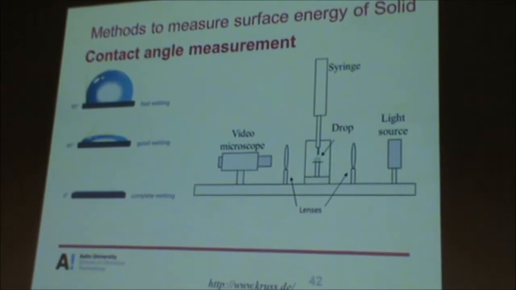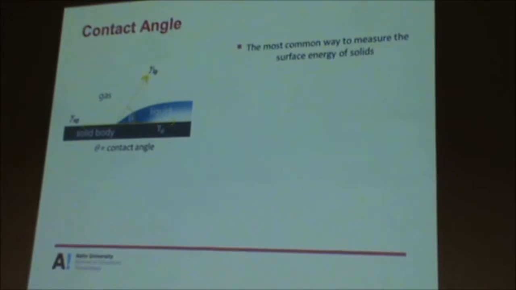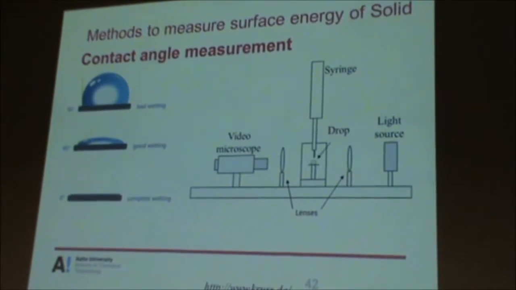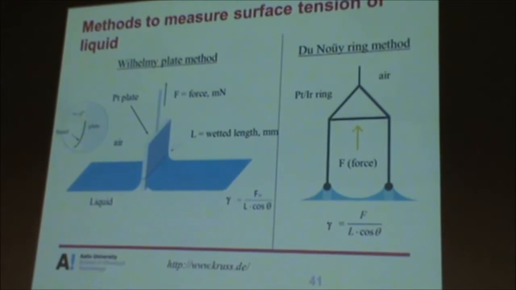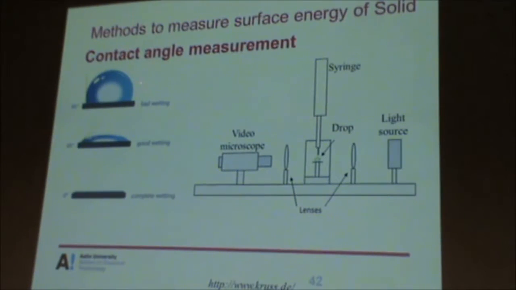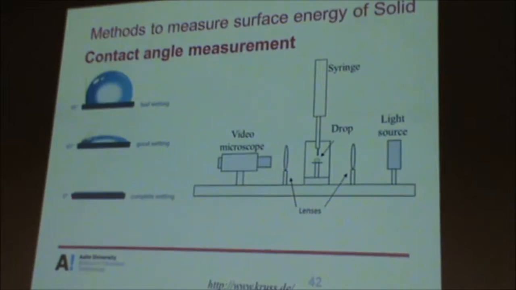Now for solid, the way you do that is you take a set of liquids whose surface energy is already known from this technique. So you take liquids and measure the surface energy of that, and then you take a known liquid, put it on a surface, and you measure the angle it makes with the surface. And depending on the angle, you can calculate the surface energy. And the logic behind this is,